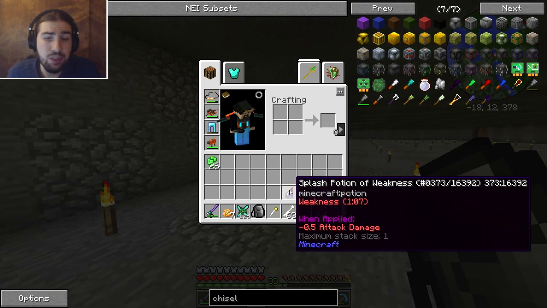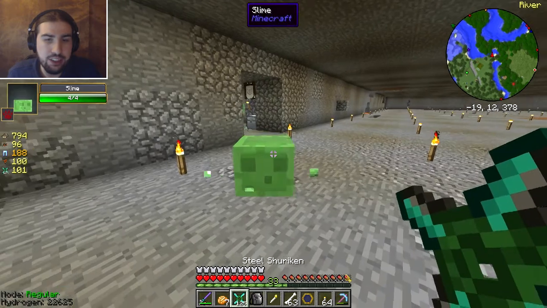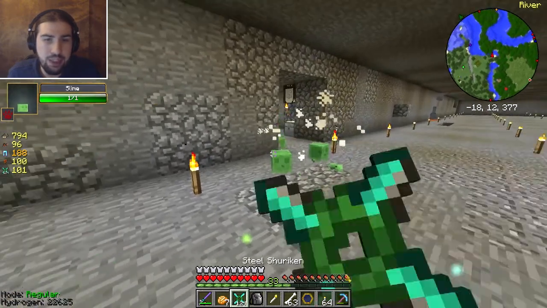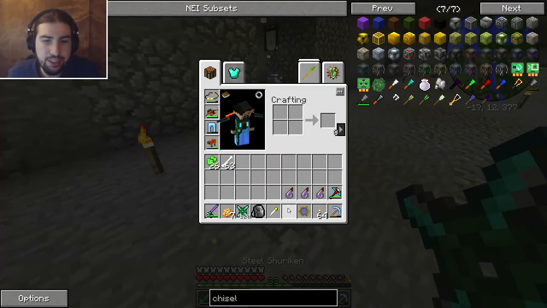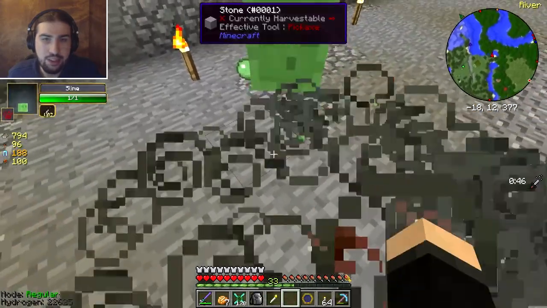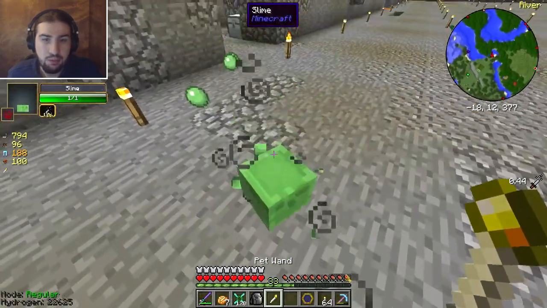Okay, so I got the Splash Potions of Weakness here, and if I just do this, and there comes that actual one that I didn't have to split a bigger one for. So if I just take this and go like this, and...